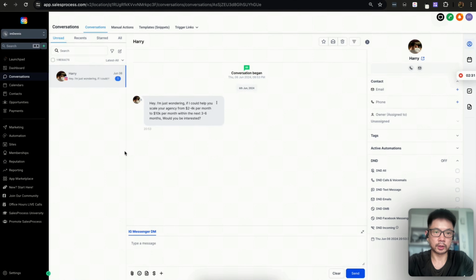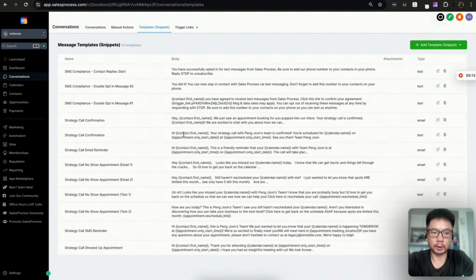Okay, so just let me talk a little bit about template snippets, which is all the way up here. These template snippets are templated responses which you can create so that you do not need to type replies which are similar over and over again. Okay, let's say for example, somebody asks you about your pricing or your working hours. So let's go to templates here, and we can create a template here.